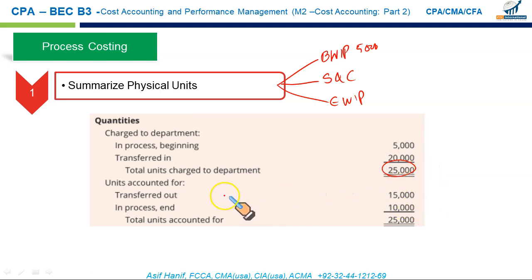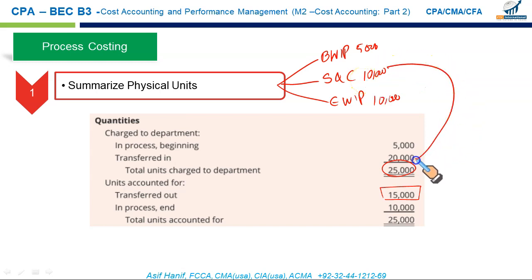Now this is important to learn. If you take your total goods completed during the period, total units completed or transferred out during the period, out of these 5,000 were in the beginning work in process, then definitely 10,000 are those units which were started during the period and completed, and the remaining 10,000 should be your ending work in process. Now let me show you the mathematical equilibrium here. These 5,000 were in the beginning work in process right here. We completed 15,000 units during the current period, transferred out. Out of these, 5,000 were from the beginning work in process, which means the remaining 10,000 would be the started and completed.